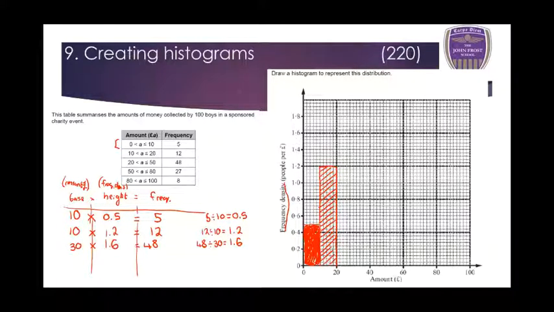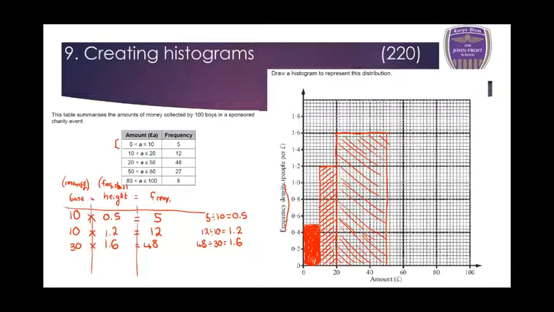So we need a base of 30 and a height of 1.6. So it's from 20 to 1, 2, 3, 4, 5. Always double check when you're counting. And then the height was 1.6, which is all the way up here. Take it across 30 units, bring it down, and bring this bar down. And this is our third histogram bar. I'm going to draw lines going a different direction, try to overlap them, just so you can see these are all different bars. Okay. Again, to double check it, 30 times 1.6 is indeed 48, which was our frequency we're trying to get to,